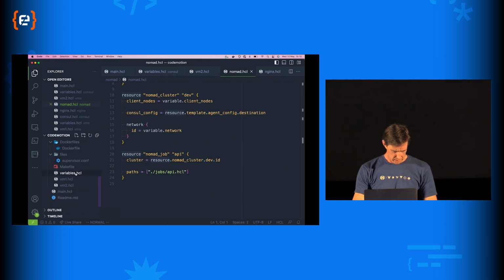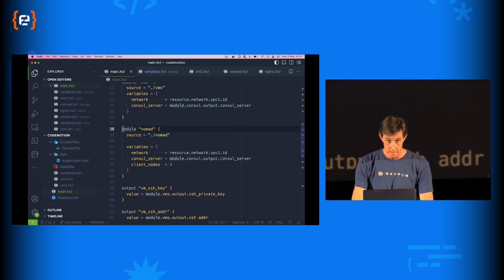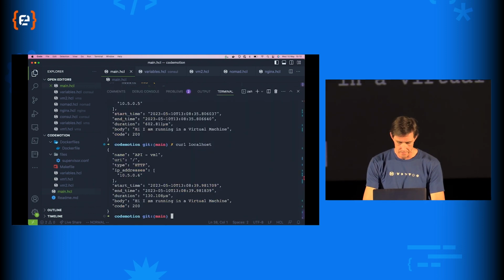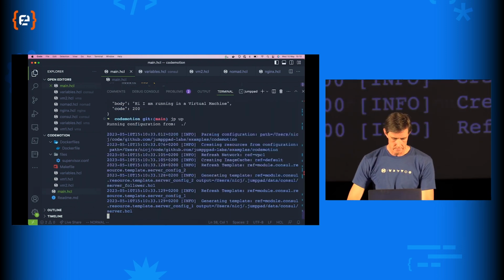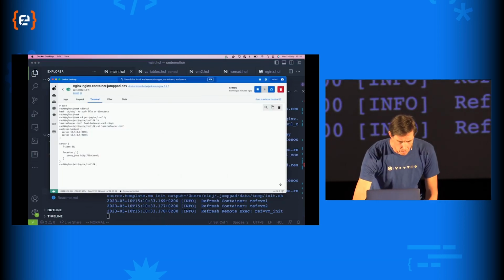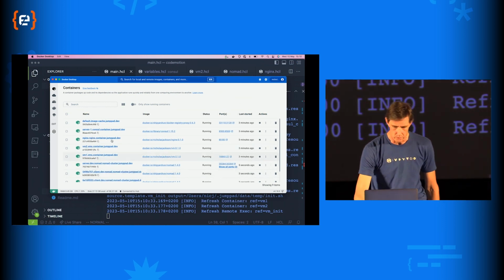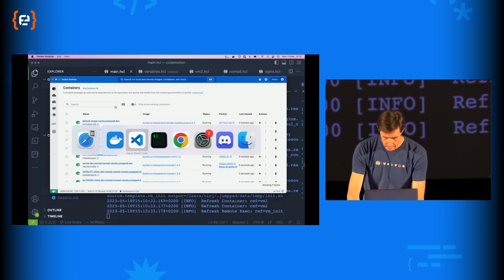So let's just do that. And in the 20 seconds that I've got, we can do it. JP up. All right. Well, that's working. So let's go over to, we can see that we've got our Nomad instance come up.